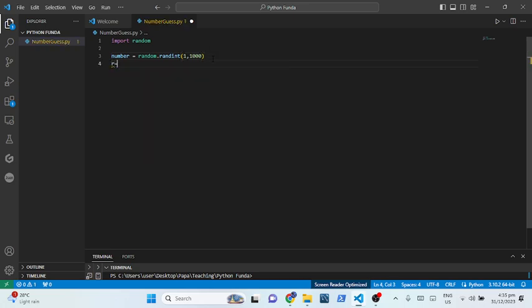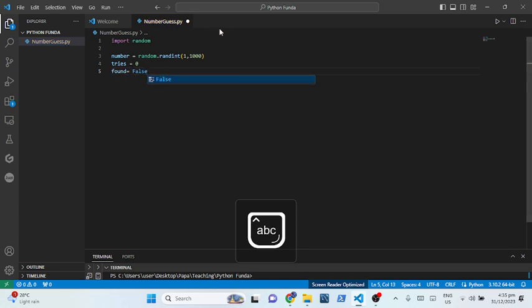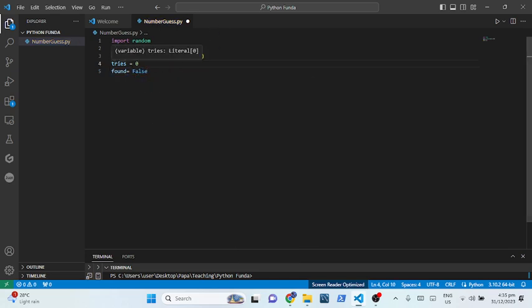At the start, the number of tries would be 0, the number of tries it took us, and if we have found the number would be false. So we'll need to see how many tries we took, and if we have found it, that's why these variables are there. Okay, so the next thing is while